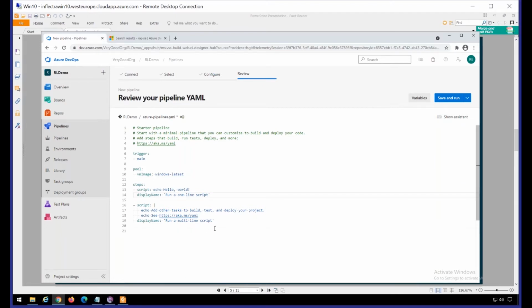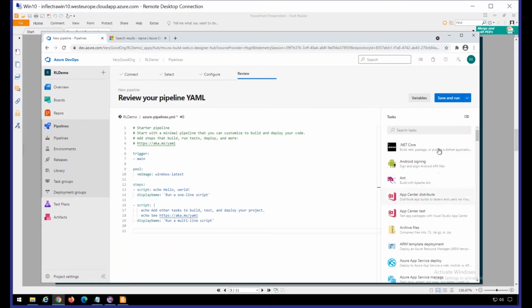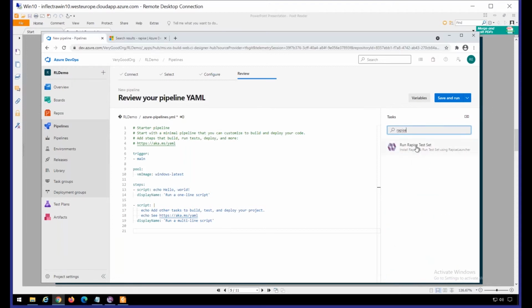These two actions may be removed. They're just demo actions that do some output, and may be left here, but they make no sense. Here I'm searching for my Rapise extension, and here it is. It contains my Rapise extension added as a pipeline step, Run Rapise test set,